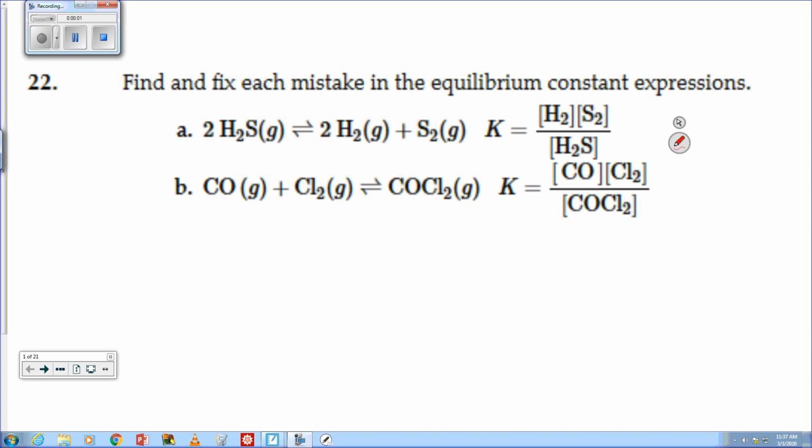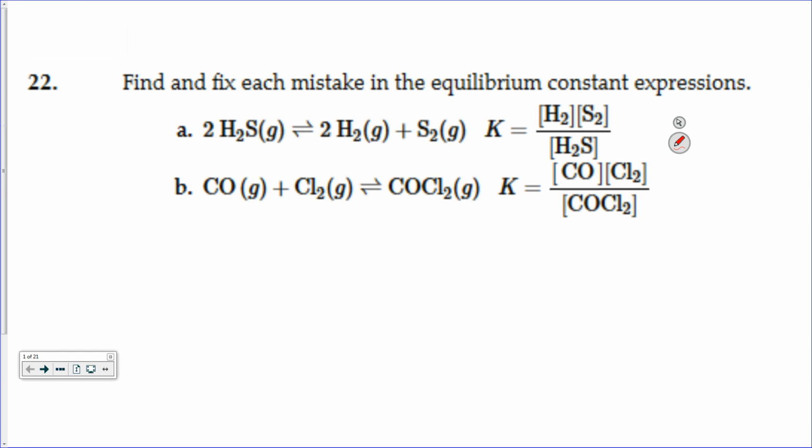At the end of chapter 15. Work through those, and then we'll do our pre-lab for the activation energy, which we're going to do on Thursday. All right, so the first one, problem number 22, you've got